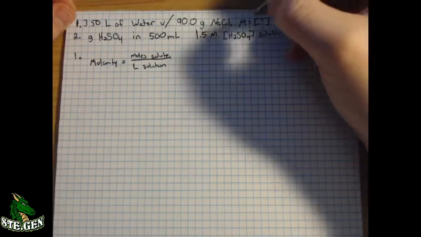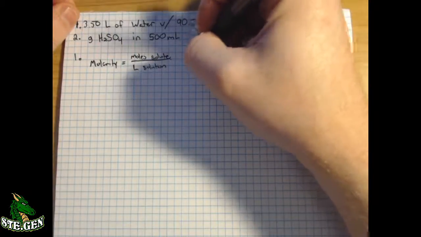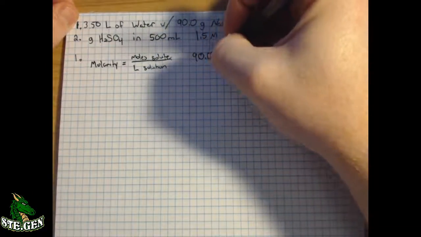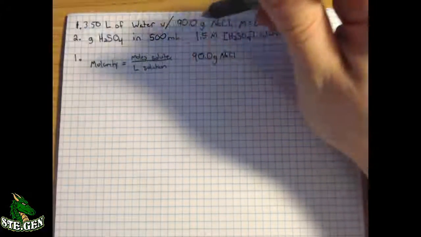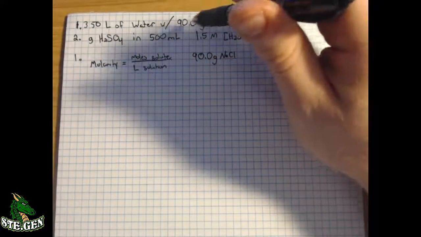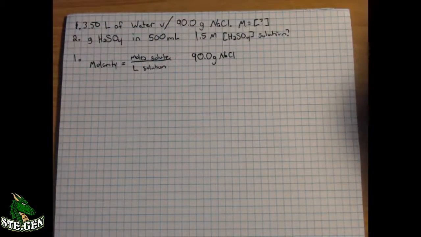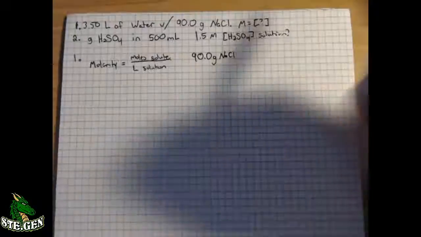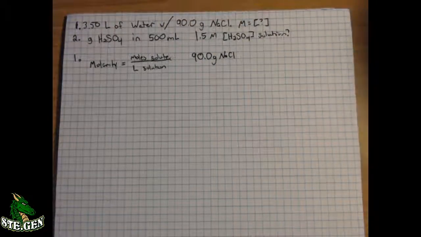So our moles of solute, we don't have that, but we have our liters of solution. So we're going to go ahead and take our 90.0 grams of NaCl. We know that because it gave us this value in grams, and I'm not going to be a jerk and try to trick you, this value that was given in grams must be your solute because I gave you liters of the other thing. Now, in later problems, I might give you 2 grams numbers, but if I give you a grams and a liters,